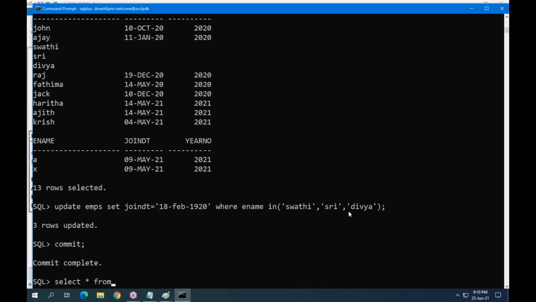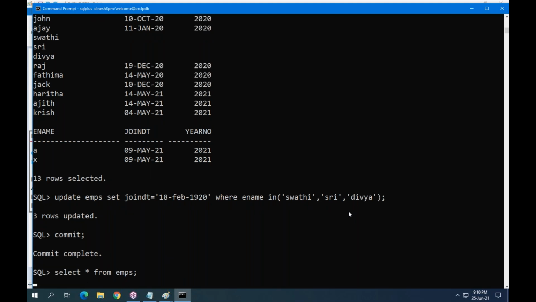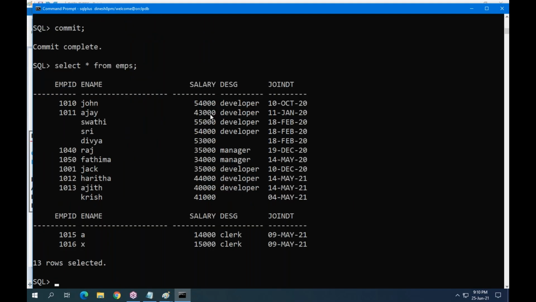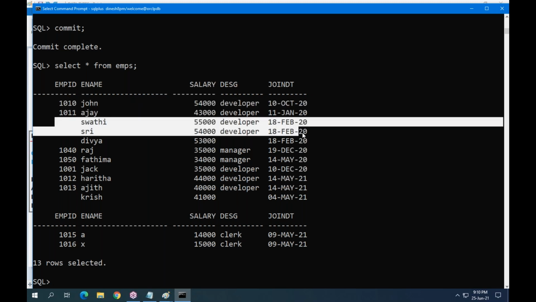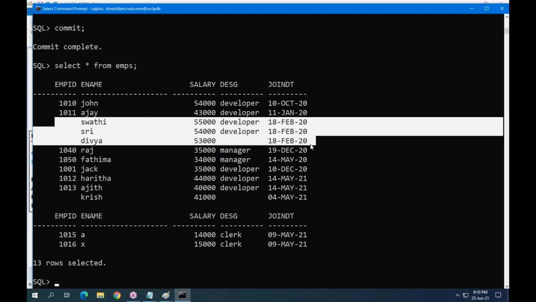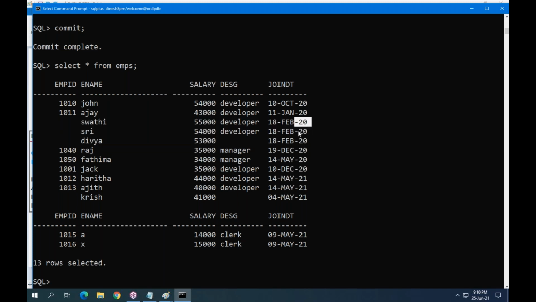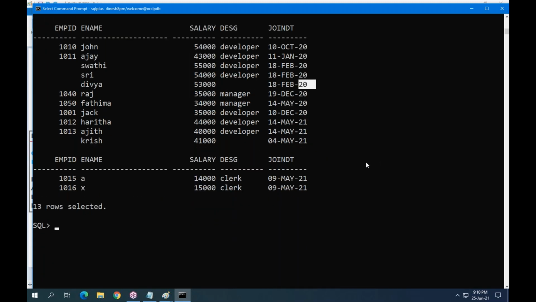Select star from EMPS. What is it saying? For the first 2 employees, 20 only. For the next 3 employees, internally it is 1920, but we are seeing only 20. So how can I see the complete year number?